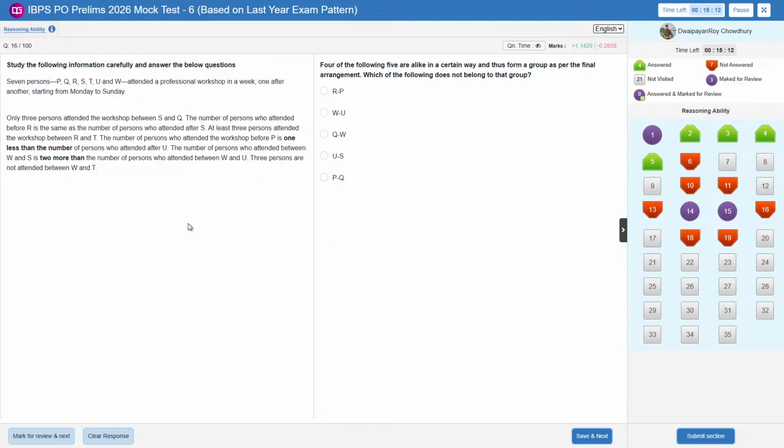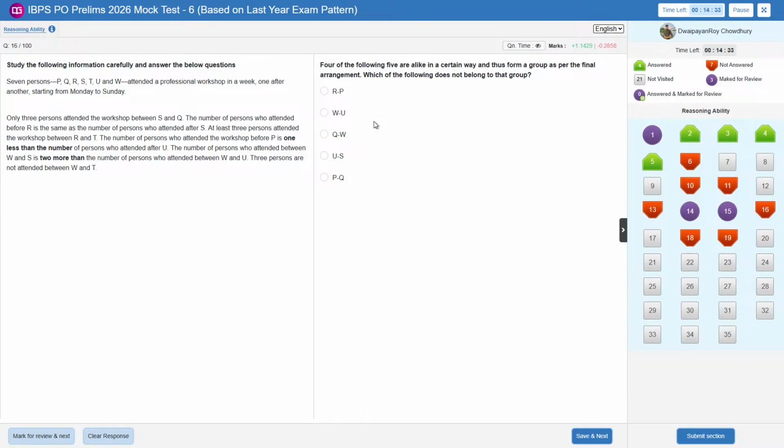So U here, then 1, 2, 3, 4. So 3, 1, 2, 3. So I can give U here and P here, then T will be settled here and W here. So not possible. Okay, in this scenario, if U here, 1, 2, 3, 4, 5, so 4, 1, 2, 3, 4. If P goes here and T goes here and W goes here, it's all fine, right? Above P is 1 less than below U. Okay, fine.